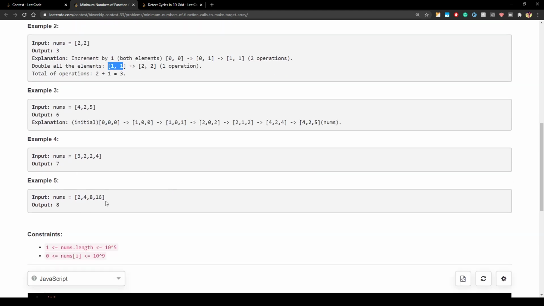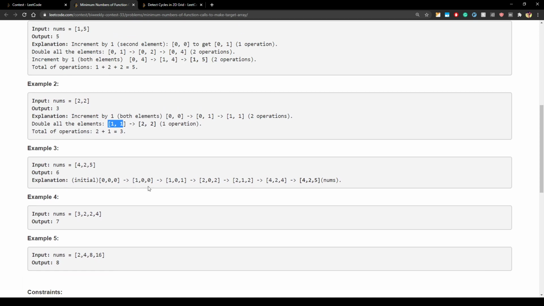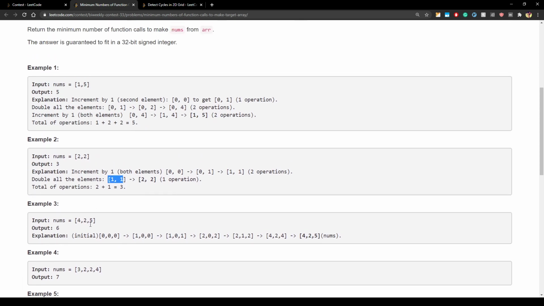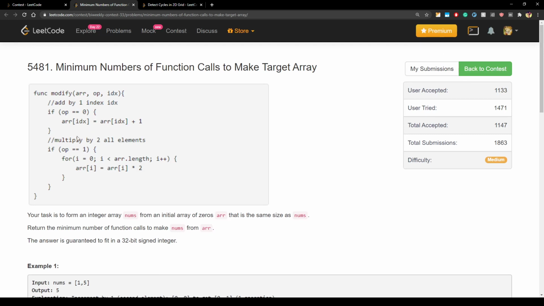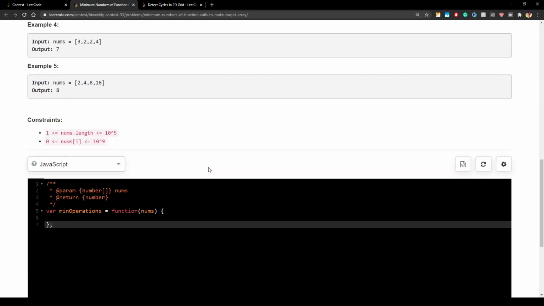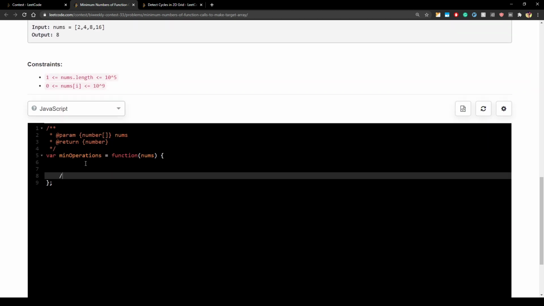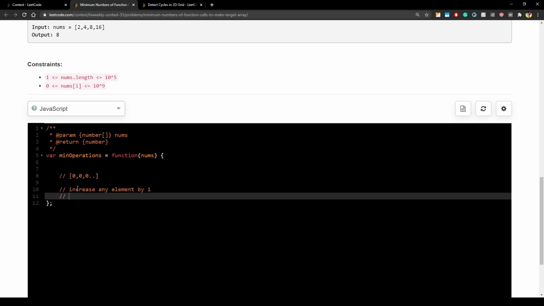Similarly you can look at maybe any other smaller example, but other examples are longer. So the idea is basically something like this. So basically this function says that you have this array of zeros, you will have many zeros, and you can make two operations: increase any element by 1, double all elements, right?